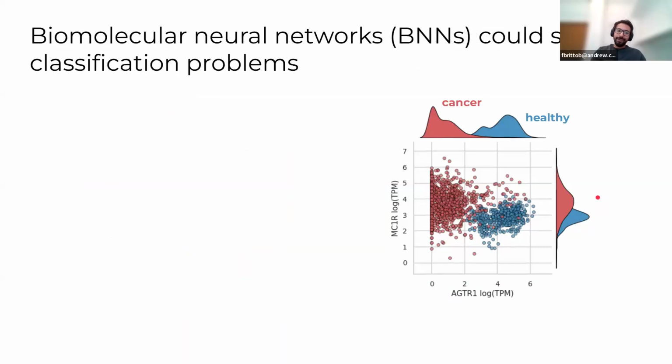So today, I'll try to argue that genetic circuits that work as neural networks, which we have just called biomolecular neural networks or BNNs, but I will refer to them as neural networks just for the sake of simplicity. They're actually quite good at solving these problems. So with the current approaches that we have,